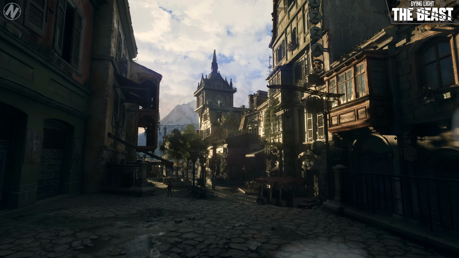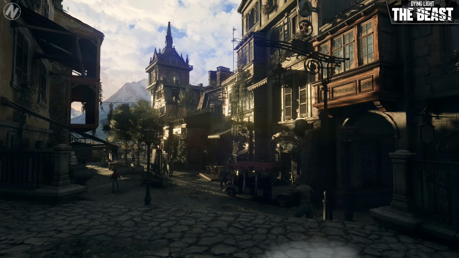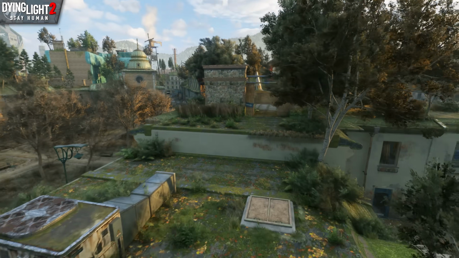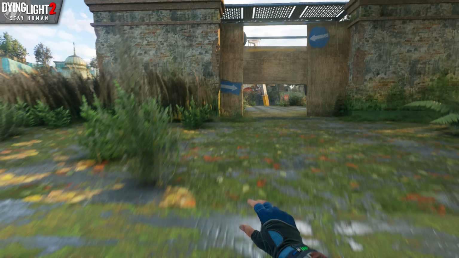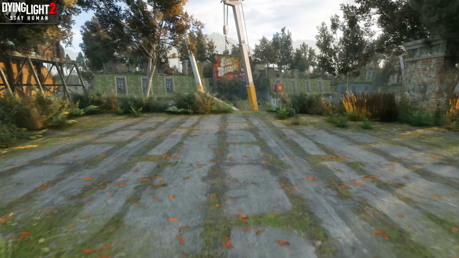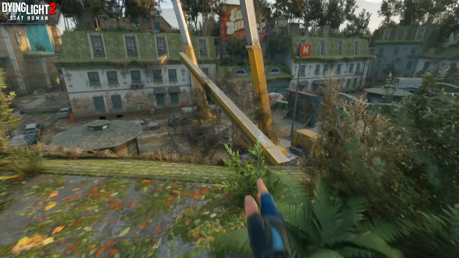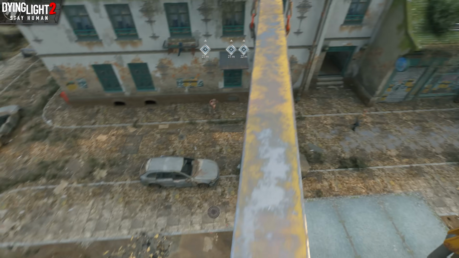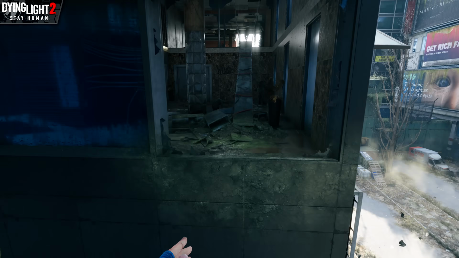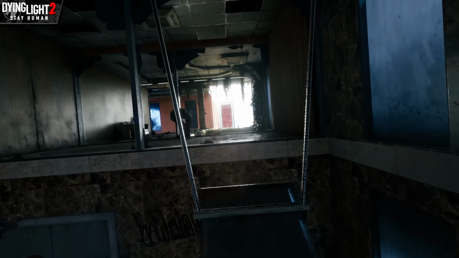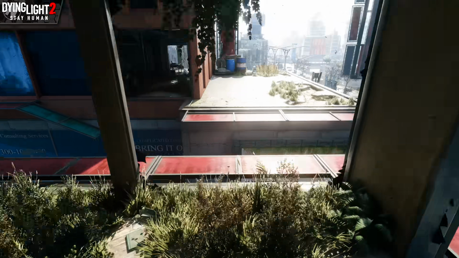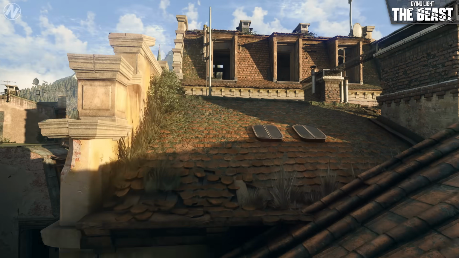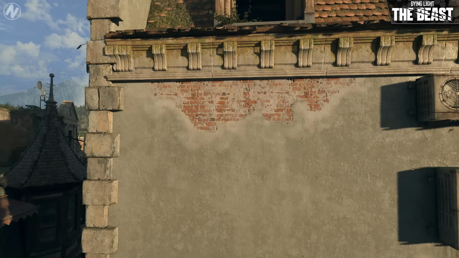The town area in particular feels like a real place, whereas the sprawling cityscape of Villador came off feeling a bit repetitive, with a lot of obvious patterns and repeat structure placement to help pad out its larger size. That's not to say that there weren't some great pathing designs throughout Dying Light 2. I especially love all those interior office areas carved into the side of skyscrapers that players could parkour in and out of. But the smaller, more focused scale of the Beast feels like a return to form for the series,